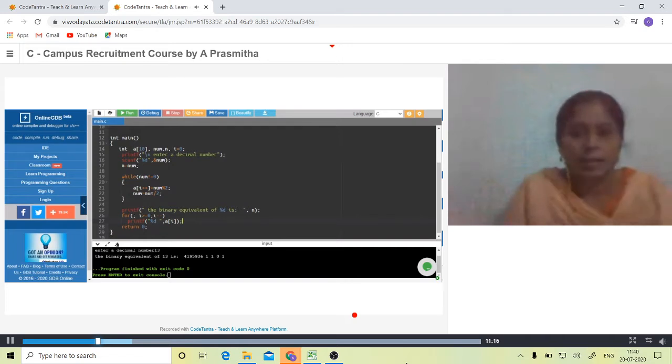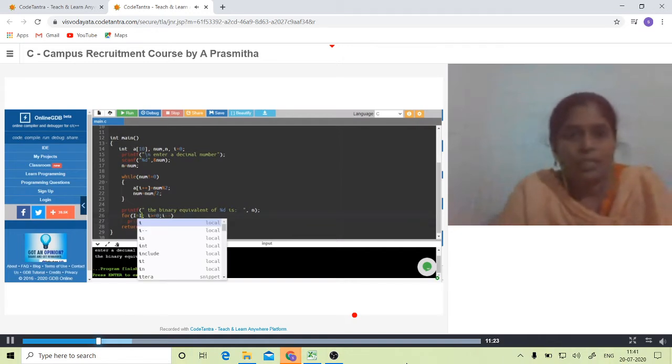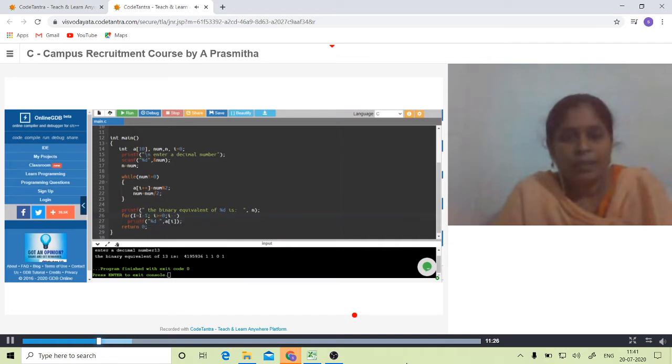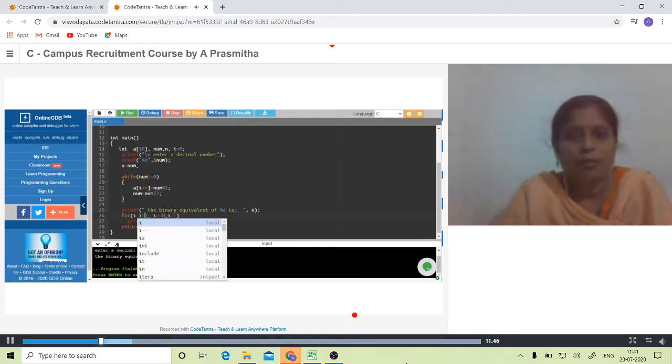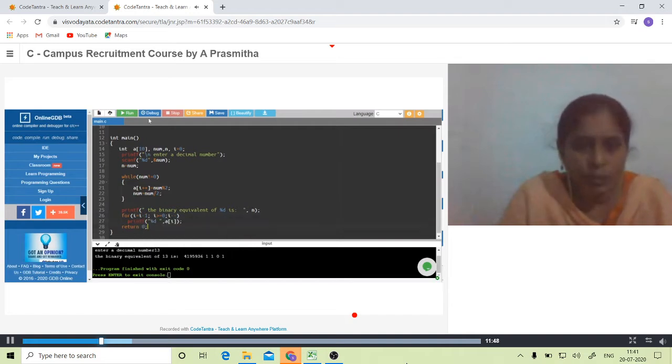And there is some garbage that has occurred because I did not use I equals I minus 1 here. Once I is incremented every time, it will also increment after that when you are checking the condition. So we have to reduce I value by 1. I equals I minus 1, we have to check. This garbage value has to go. That's why I used I equals I minus 1 here.